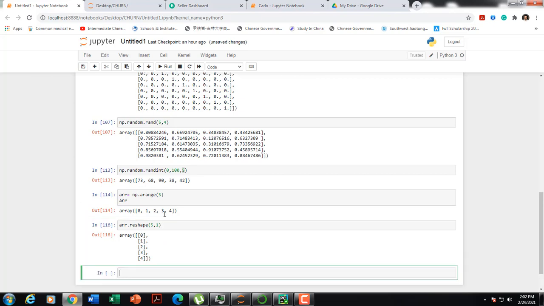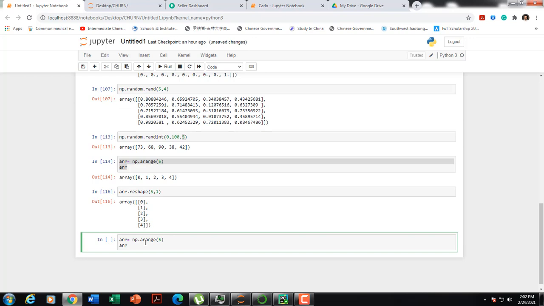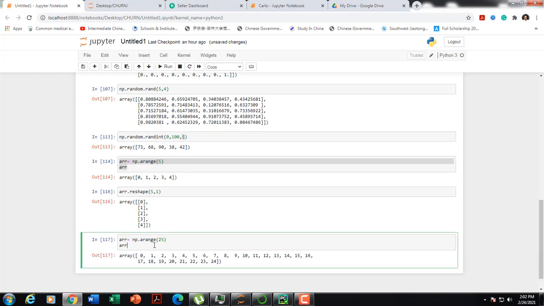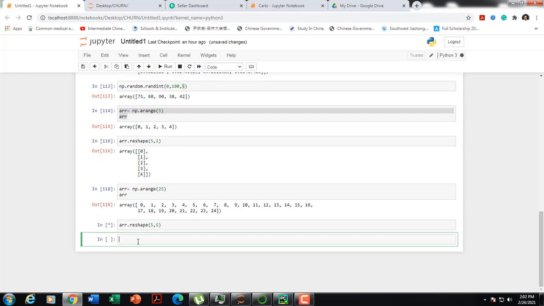A better way of doing this is, let's say I create the same variable arr, but over here I pass in 25. So now I have 25 elements in this array, starting from 0 up to 24. If I were to reshape this, I'll tell Python to reshape this arr variable into a 5 cross 5 matrix, and